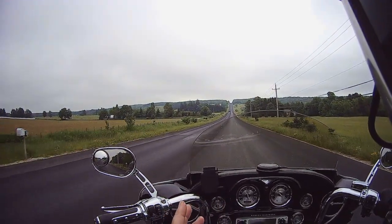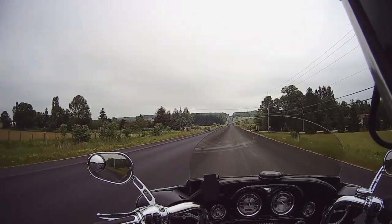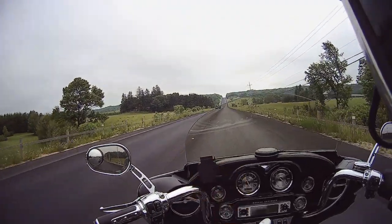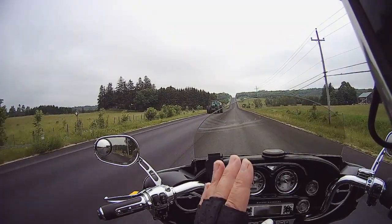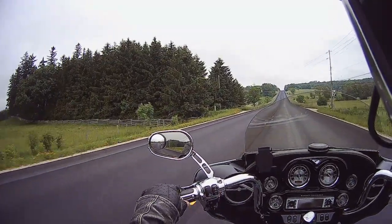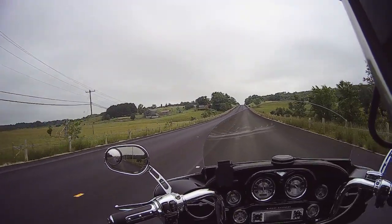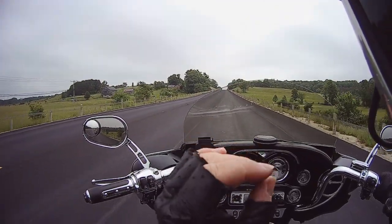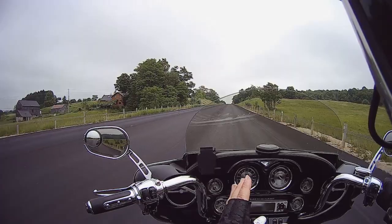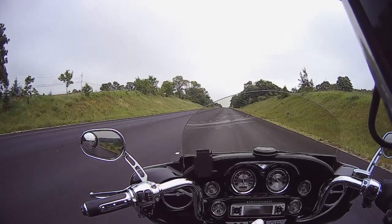in production, and on their touring bikes, which is like Electra Glide, Road Glide, Road King, and so on. So, rubber-mounted engines, yes, they shake quite a bit at idle. So when the bike's idling, you'll see the handlebar kind of moving a little bit, kind of letting you know it's alive. Okay. But the difference is that because it's rubber mounted, as you're on the road and up to speed, as soon as you give it some RPM, some load on the engine,